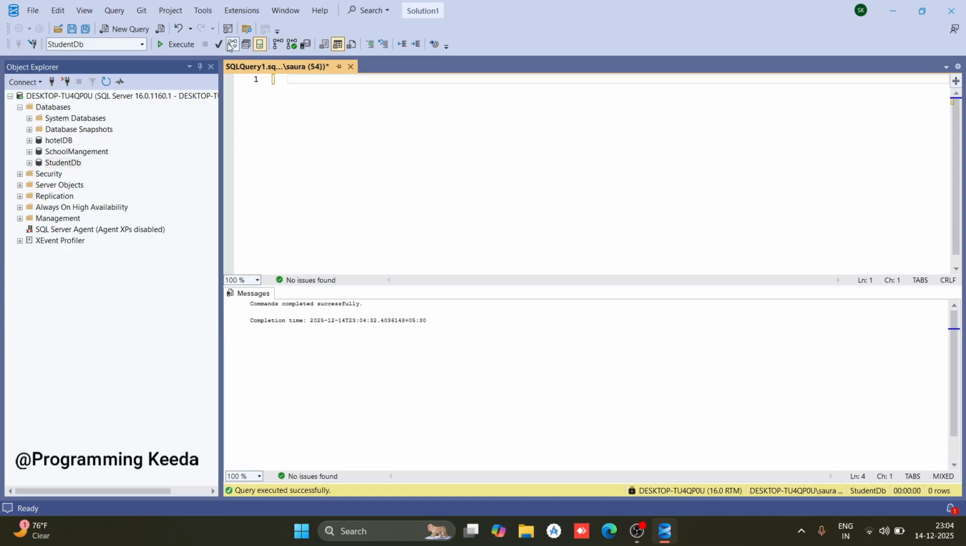Next, let's create a table for the student database. Create table student, with student id integer, name varchar. Set the data type as varchar for name,